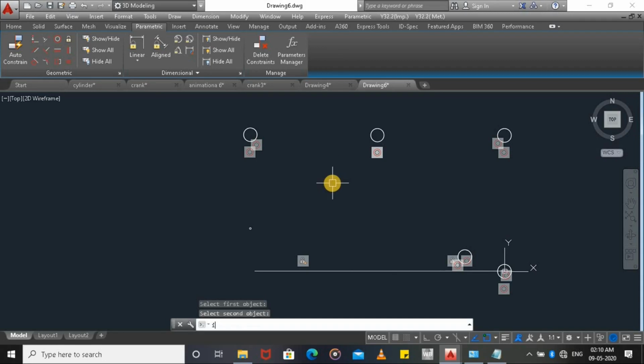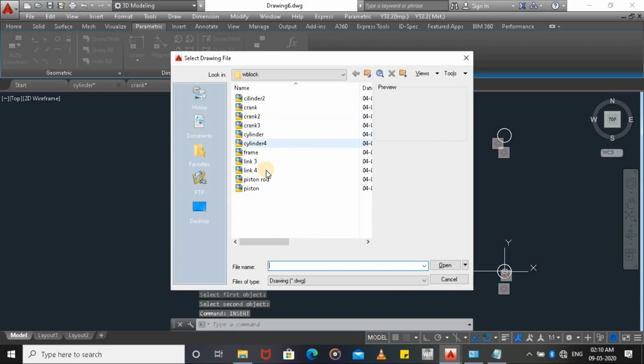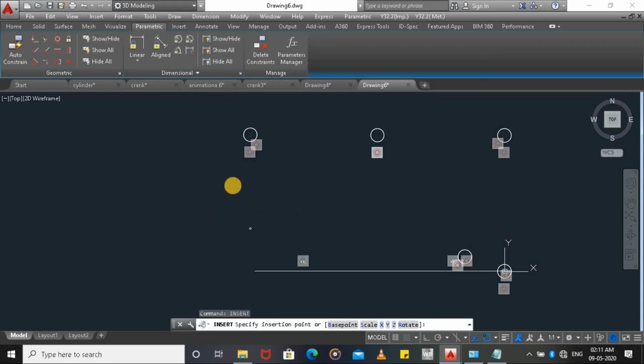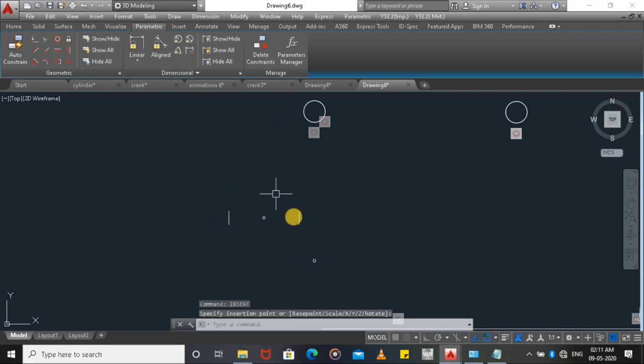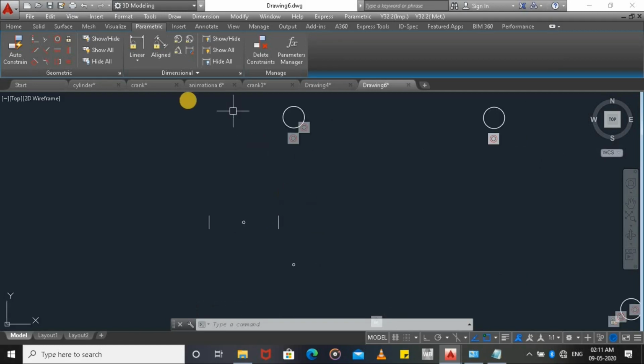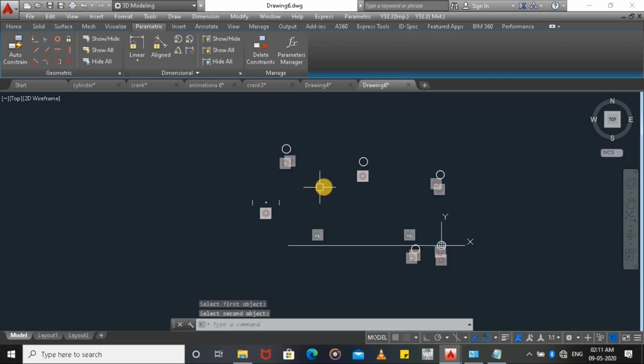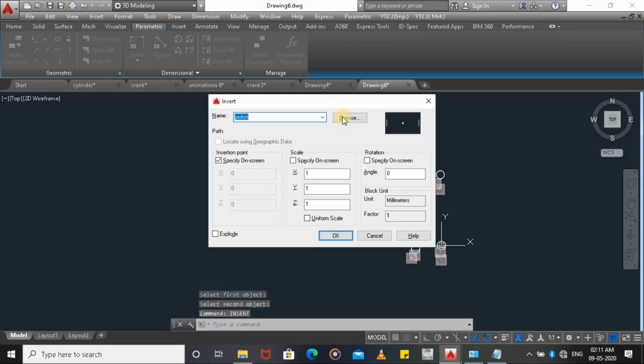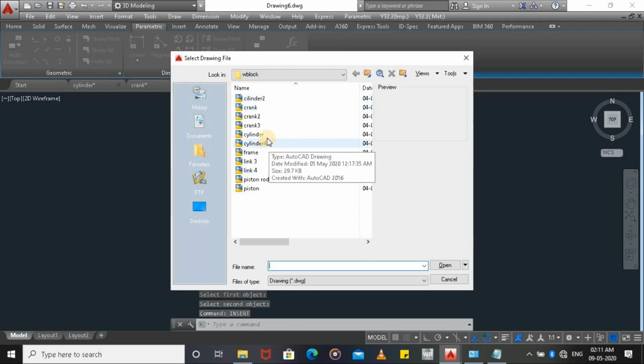Then again insert command. And then we are inserting piston. So in piston again 2D we have drawn these two lines and a circle at center. Concentric, this circle and this circle. Then we are inserting cylinder.